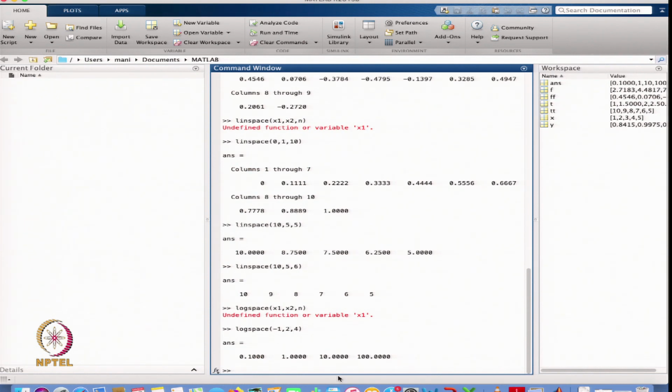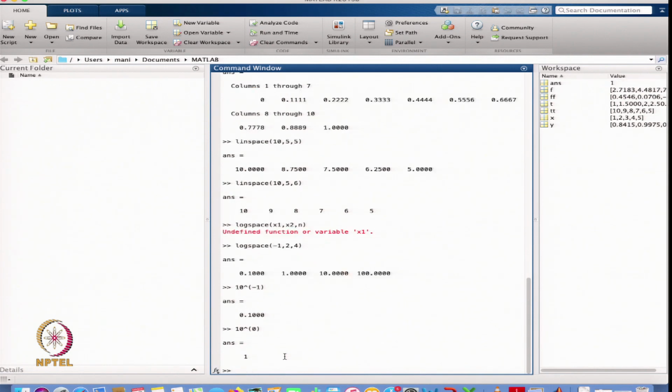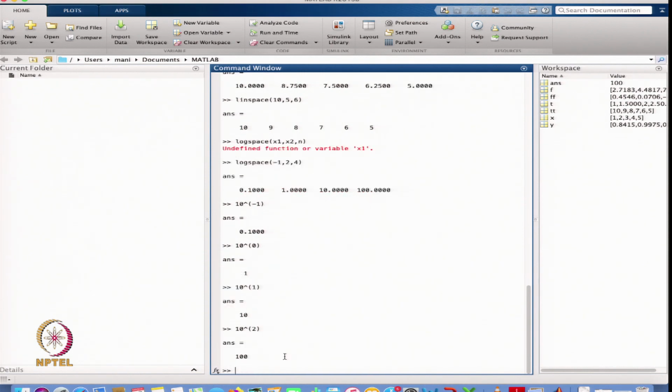-1 means the first element will be 10 raised to power -1. Another element will be 10 raised to power 0, that is 1. Another value is 10 raised to power 1, that is 10, and another one is 10 raised to power 2, and that is 100.